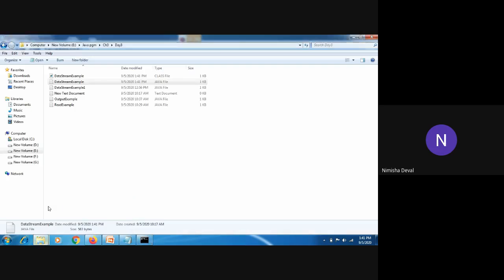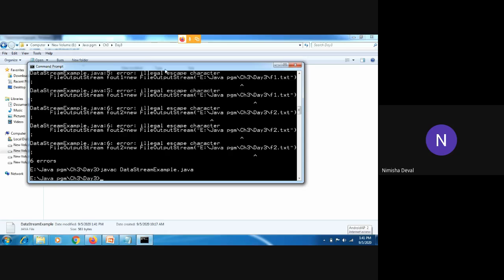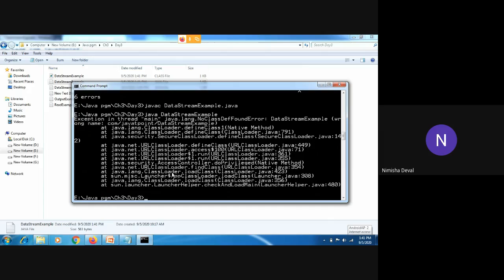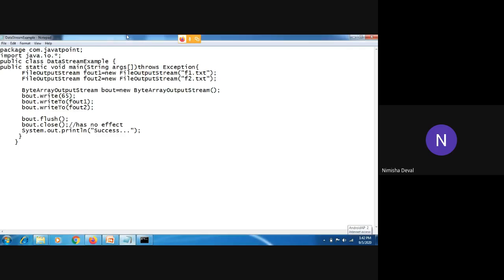And those files get created over here, so I will open that part also. Okay, now you can see that the files are not there. That's why it has given the exception. Because those files are not available here, right? You can see through this program: throws exception, right? We have provided throws exception here. And what we have mentioned here is FileOutputStream, and we want these files. We have not created any file through this program, and these files are not available in that folder also.